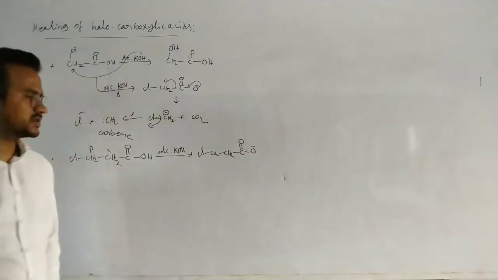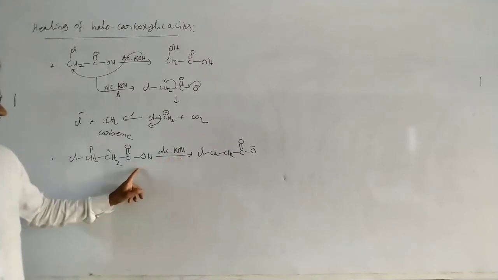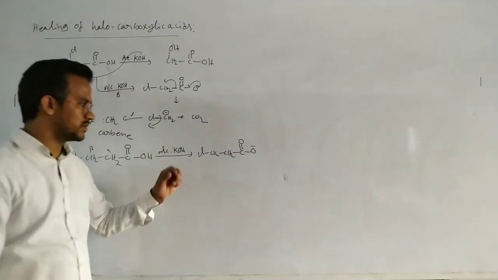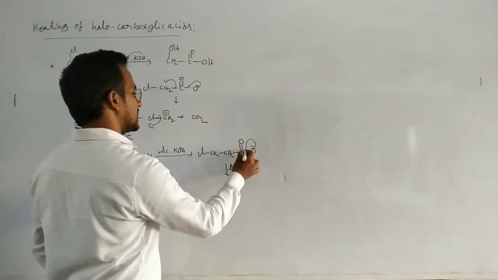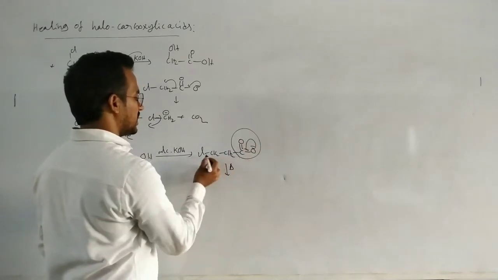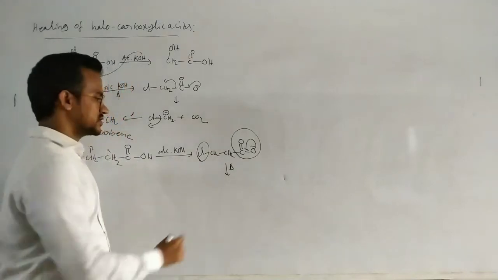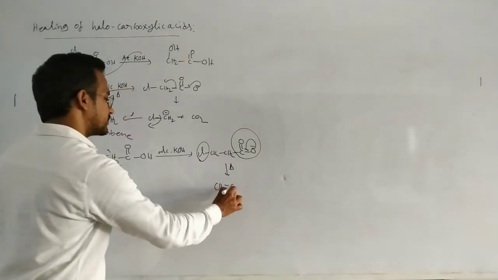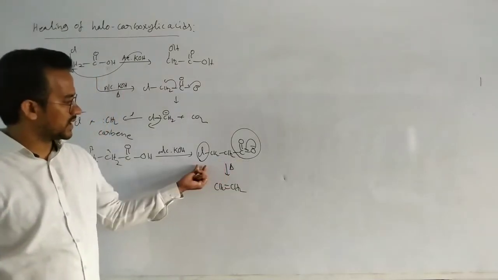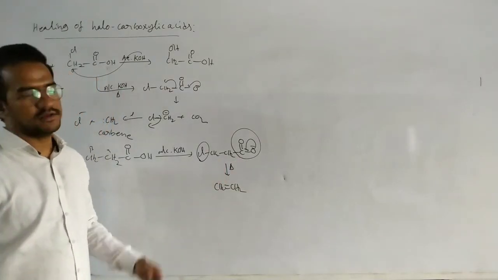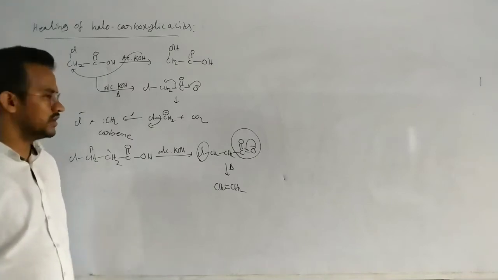First an acid base reaction takes place because the KOH is the base and this is the carboxylic acid. Now in this case, on further heating, there is a loss of CO2 from this carbon and a loss of Cl from this carbon. So we will get the alkene. Okay, alpha halo acid.